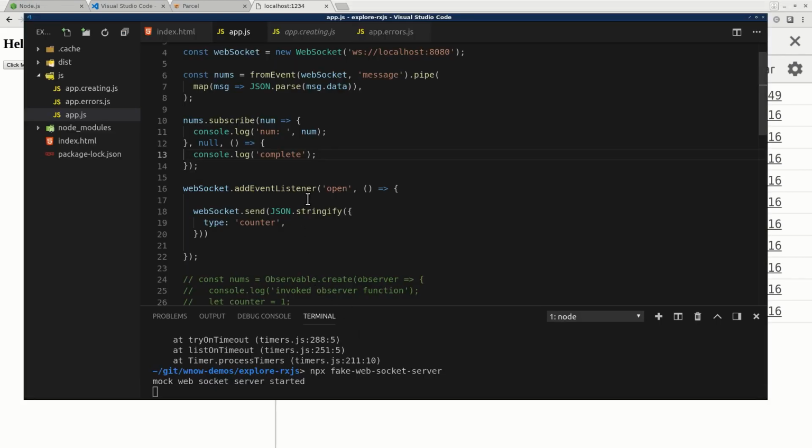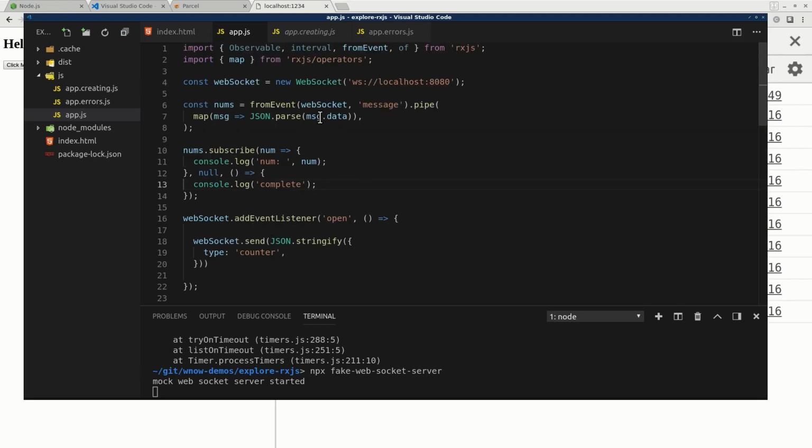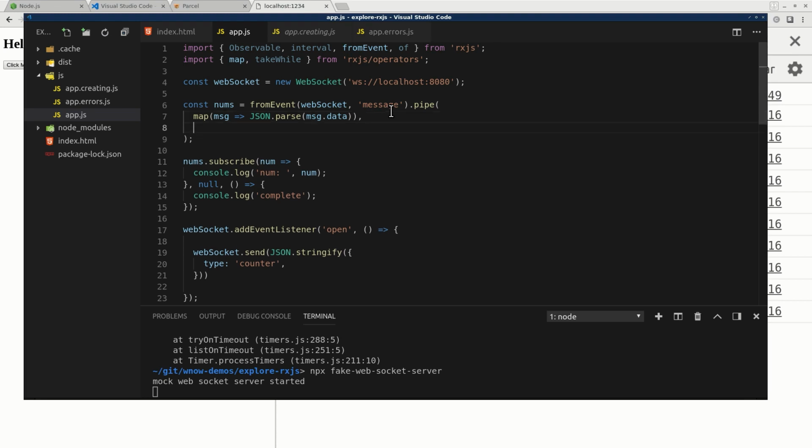So what we'll do is we'll come into here, and we're going to use a special operator called takeWhile, which we talk about in more detail in the operators class. Using operators with RxJS is really an essential part. We're trying to focus here just on the creation, error handling, and how these things actually execute. But using operators is really essential to doing anything practical or useful with RxJS. So we're going to say takeWhile,